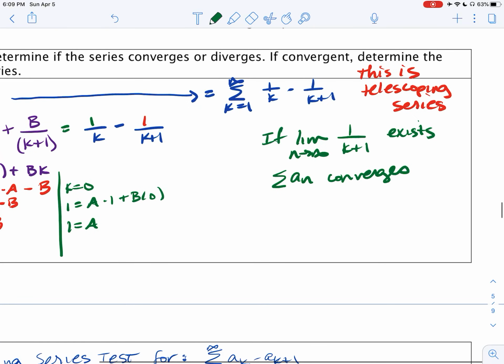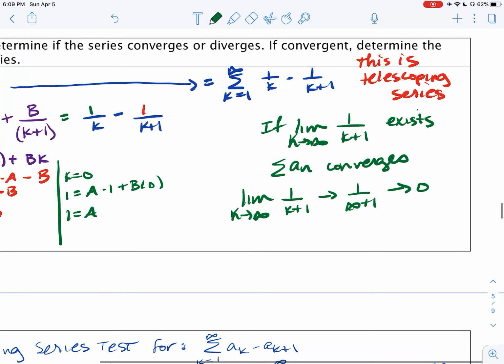And so in calculating the limit as n goes to infinity of 1 over k plus 1, or this should be a k, sorry, then that's going to go to 1 over infinity plus 1, which is going to 0. So by conclusion, our series 1 over k times k plus 1 converges,